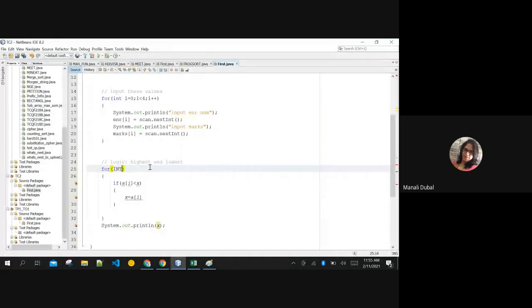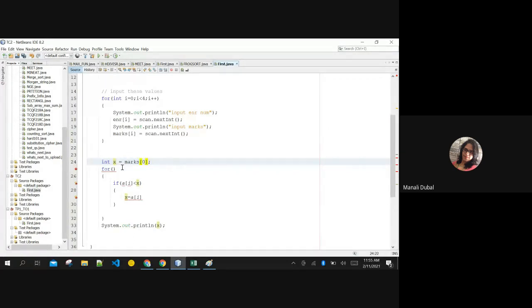I am starting. Initially I have to create a variable for storing the lowest. I don't know the benchmark against which the other numbers will be checked. I'm assuming that the benchmark is the zeroth, the first value that you have stored.